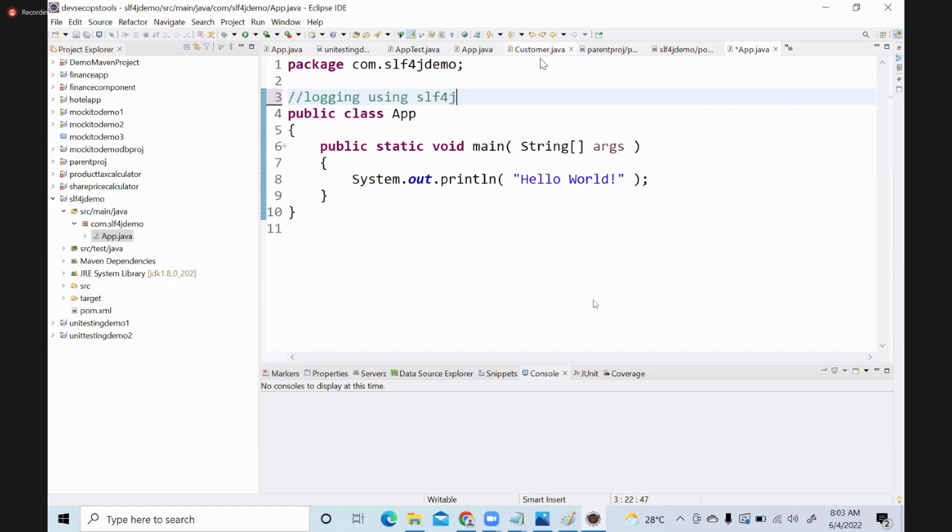Now what I'll do here is I'll just say Logger log is equal to